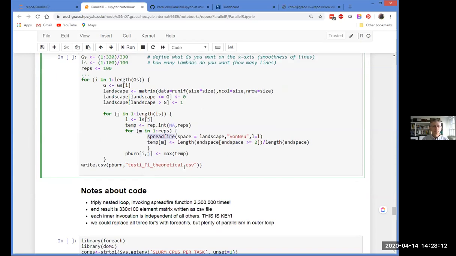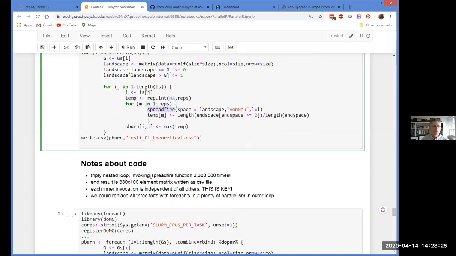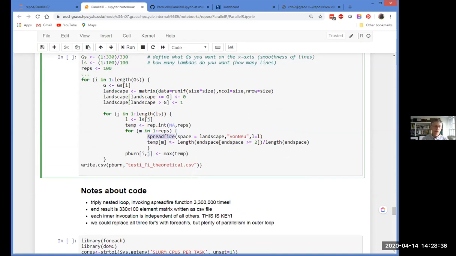When she came to me, this had been running for well over a week, and it wasn't finished. And that was troubling. Taking a look at this, I can see we're going to invoke this spreadfire function over 3 million times. Some simple testing showed that spreadfire took about 1/3 of a second each time it was executed.